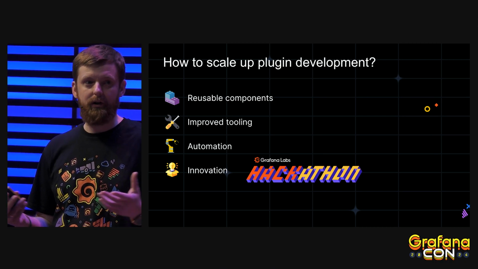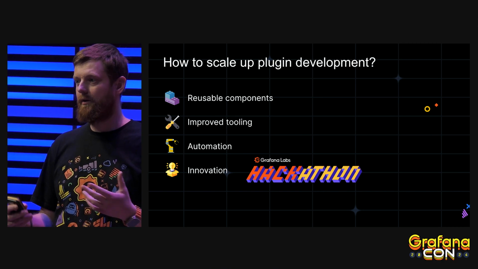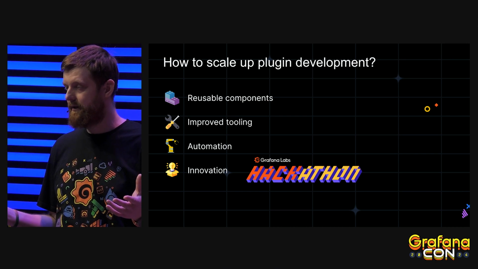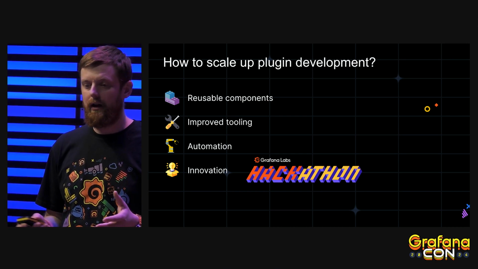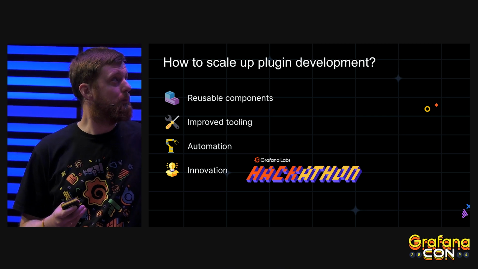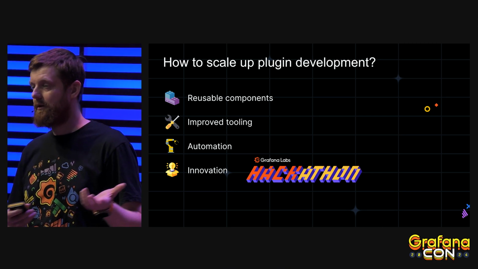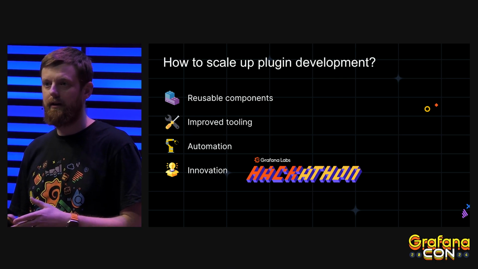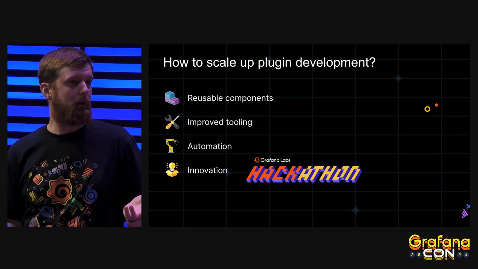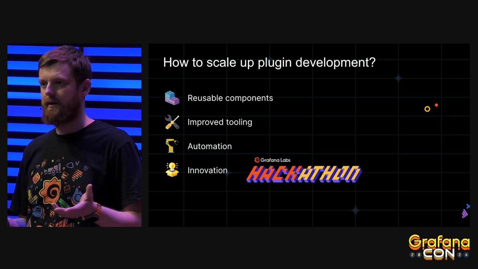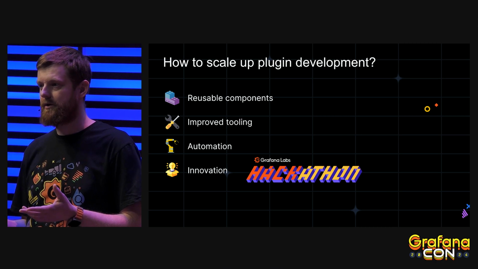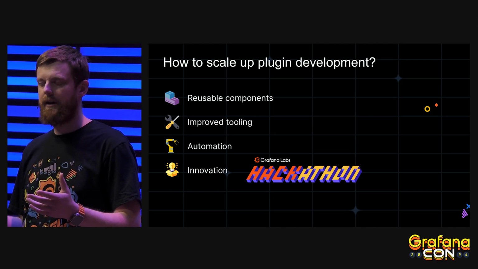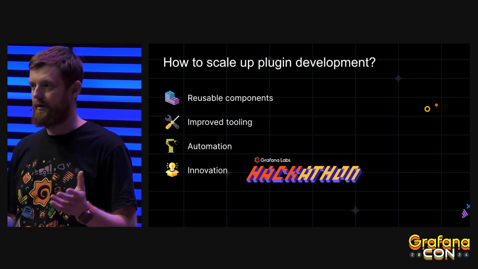Well, of course, we're going to use more reusable components, so we will create more of them. For example, there's already an authentication component that has been used across various data sources in the configuration page. And we will use improved tooling. As we shared today, the Grafana Create Plugin package was created and is used for scaffolding and bundling plugins. And we will use automation. For example, very recently the plugin end-to-end test NPM package was published, I think version 1.0, which we use for end-to-end tests across various Grafana versions.